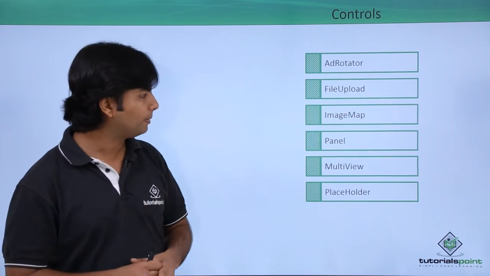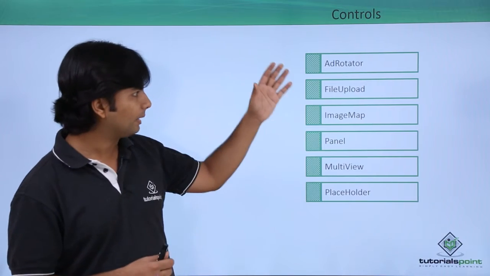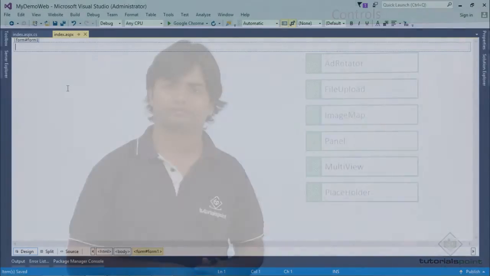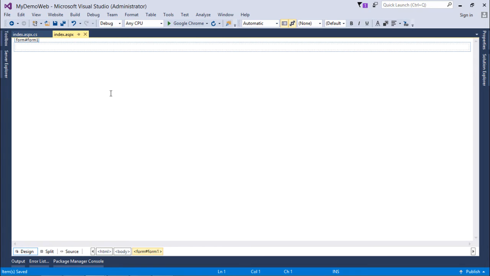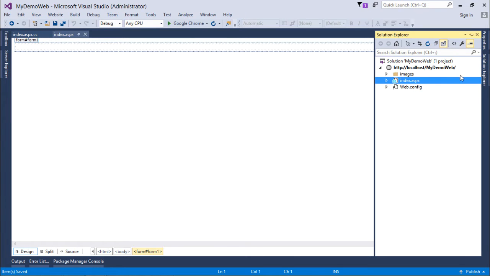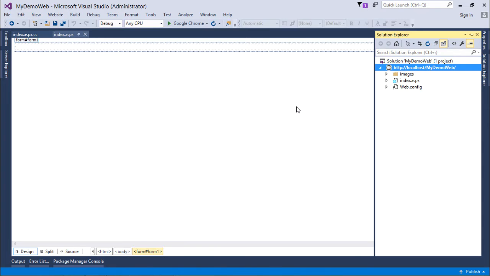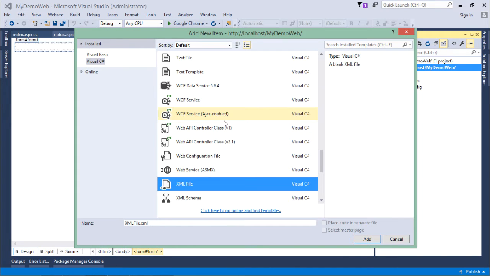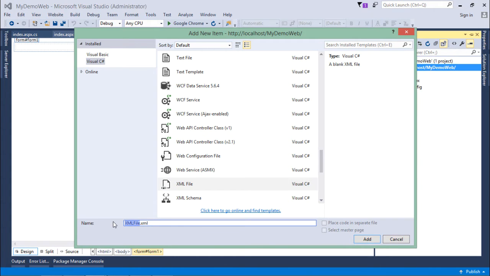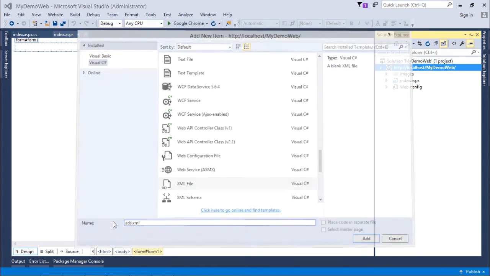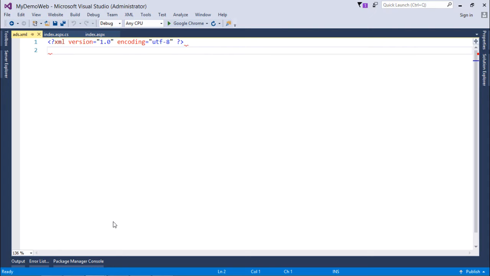So let's see a practical implementation where we will implement all these controls now. For implementing the AdRotator, first of all we come to Solution Explorer, right click on the project name and add one XML file. Let's come to Add New Item, and in the list I will choose the XML file. In this XML file, I'll give a list of all the advertisements which I want to show in the AdRotator. Let's name it ads.xml, inside which you will get the XML declaration tag,